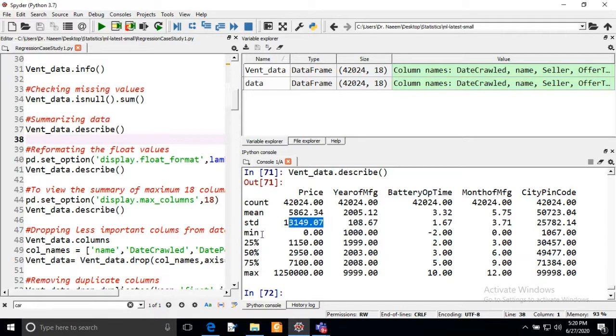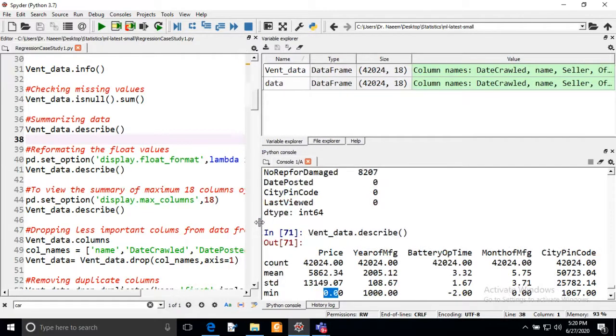And if you look at the minimum, we also have some ventilators that do not have any cost. It does not make sense for a ventilator to have no cost. At least the seller will try to get some cost for those ventilators. There is nothing wrong with selling free of cost, but it will affect the output of our predicting model.